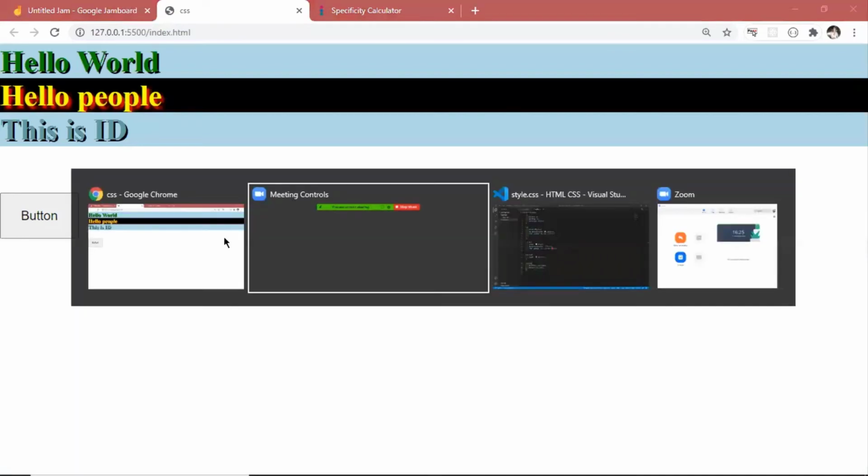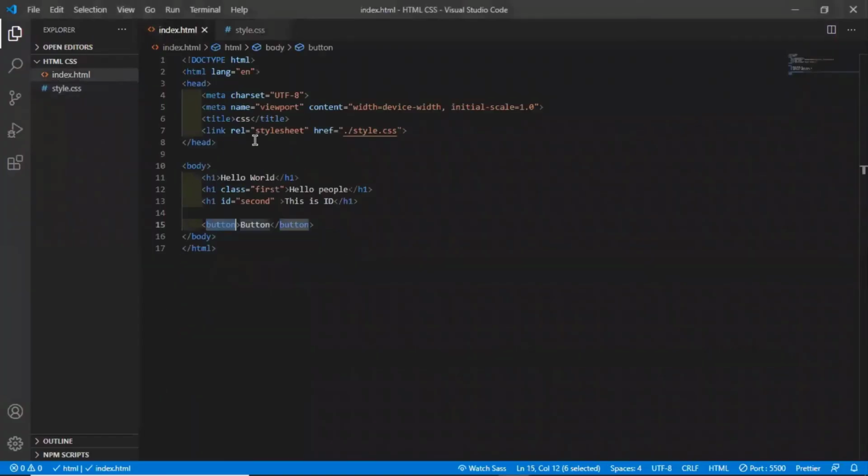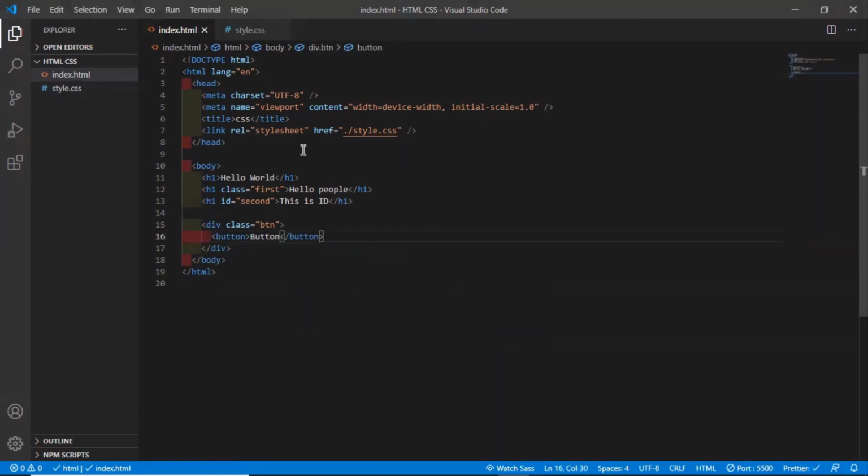So in order to work with display, let's try it. I will create a div of class, let's say btn, and I will put a button right inside. So what happened?